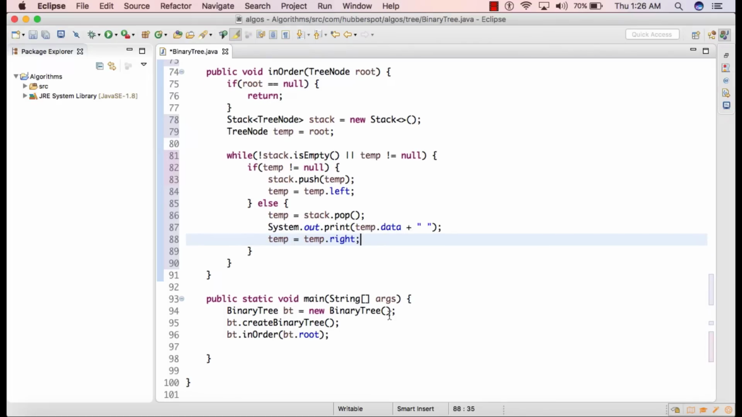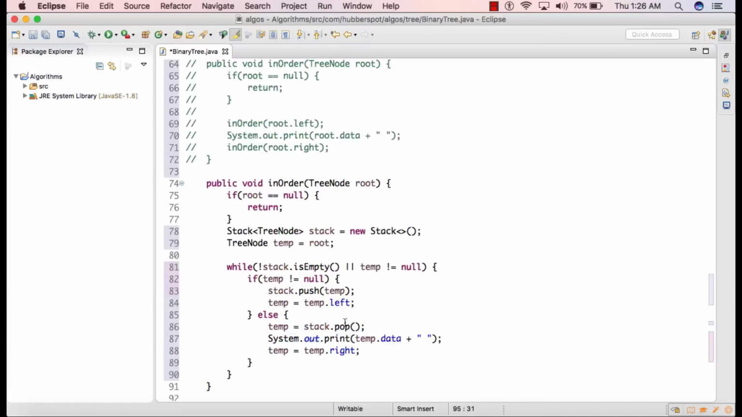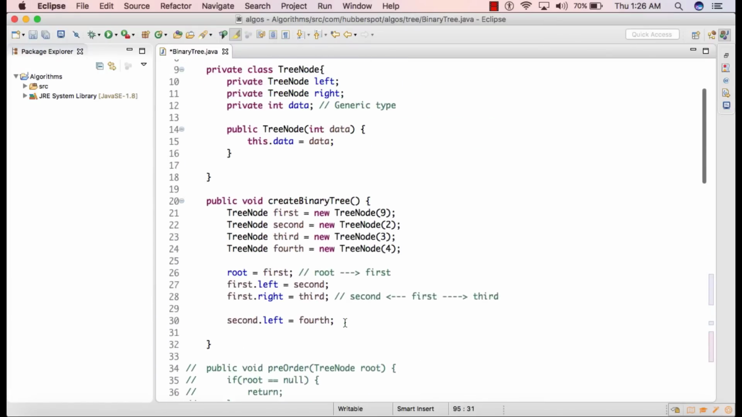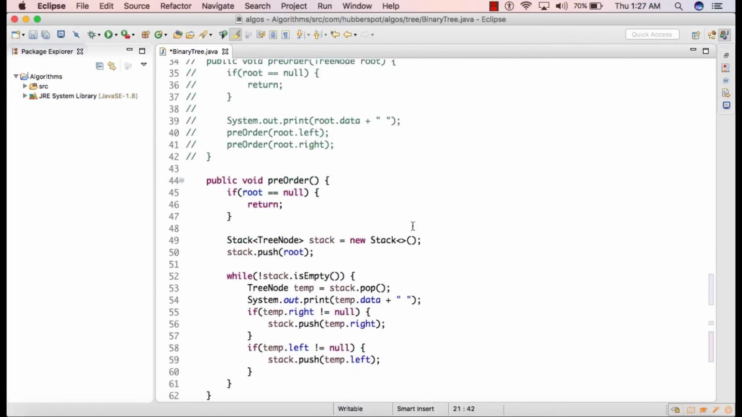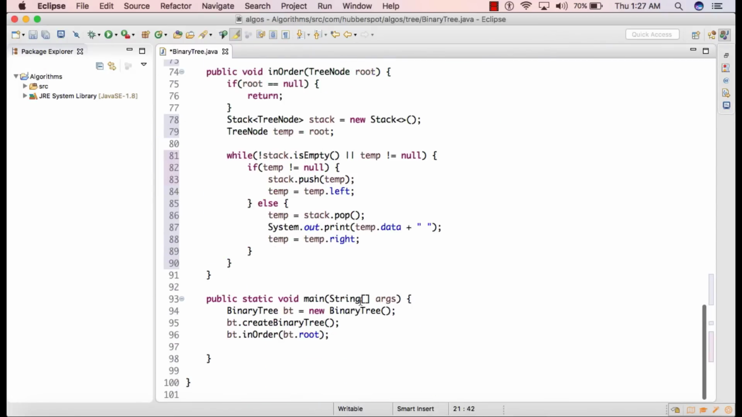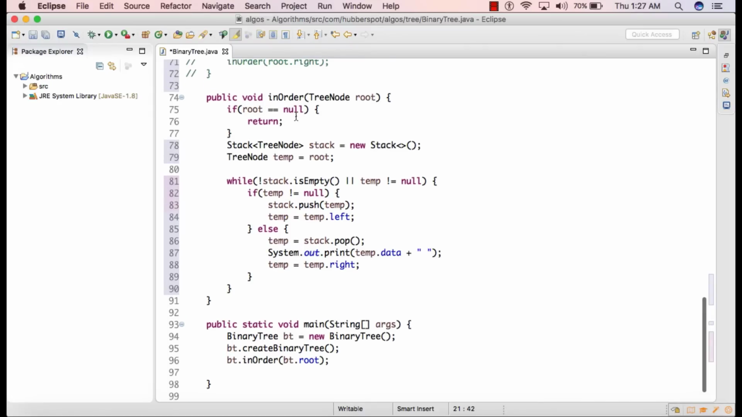So here first we have initialized the binary tree, and then we have created a binary tree with few nodes. So here in create binary tree we have actually created few nodes, which we also discussed in our previous tutorials. You can watch my previous tutorial in order to understand how this binary tree is created. And after creating the binary tree with few nodes, we'll simply call the in-order method and we'll pass the root to that method. So if I run this code now,